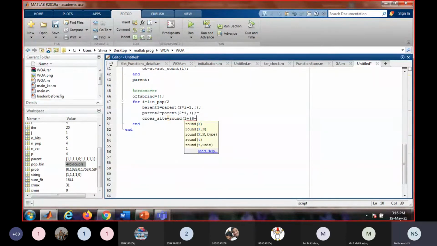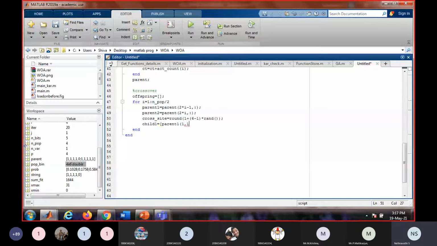So 6 minus 1, and generate a random number. Okay. And then the first child 1 will be the crossover between parent 1 and parent 2. That is first row.